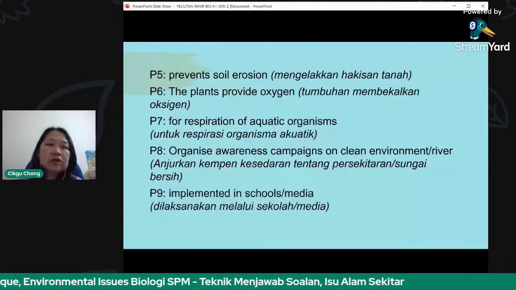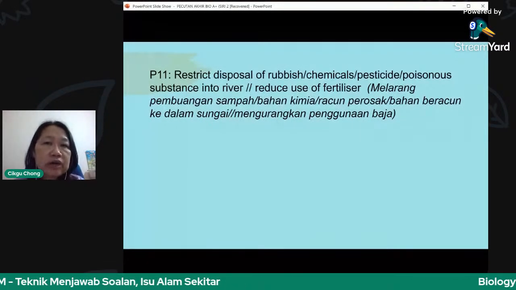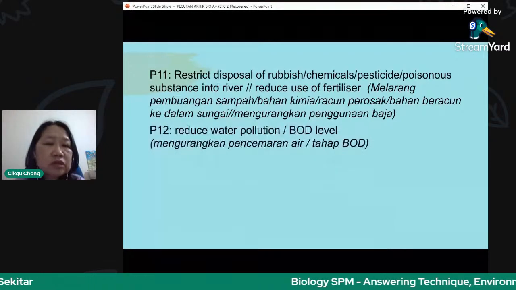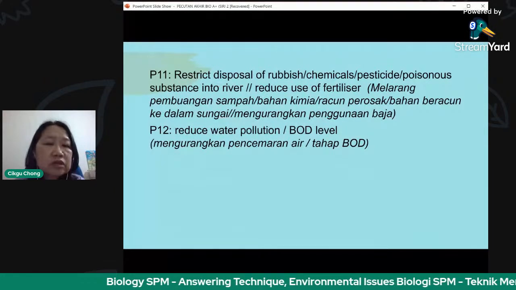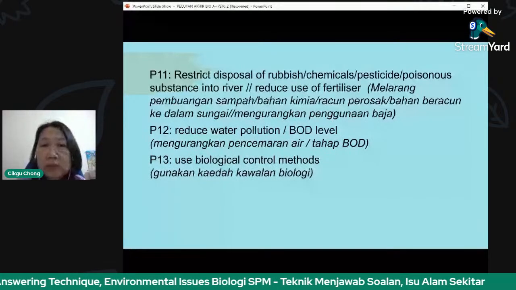Chemicals, pesticides, poisonous substances. Reduce the use of fertilizer. That's important, otherwise you will have eutrophication. Reduce water pollution, or reduce the BOD level. Use biological control methods instead of putting chemicals to kill your pests or the animals that eat your